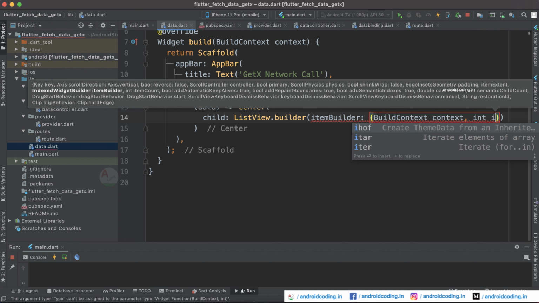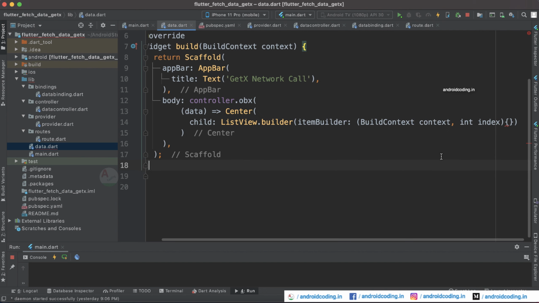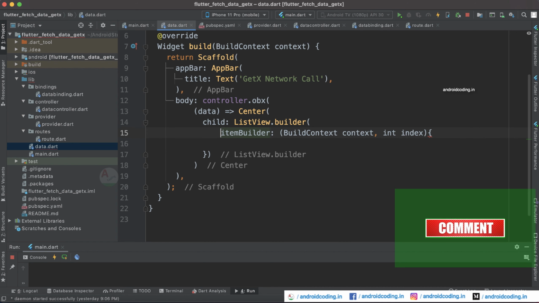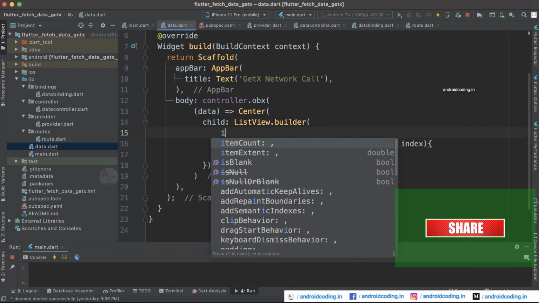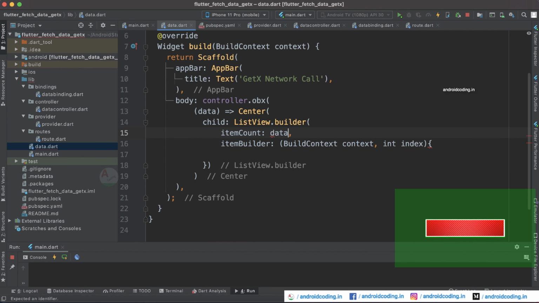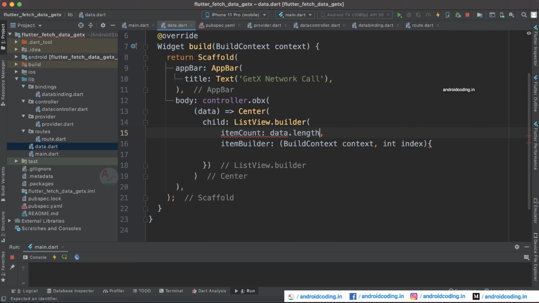You can specify it as index, or just i, but to make it easier to understand I am specifying index. You also need to specify item count, and with the help of the data you specify the length, so that the length of the list is determined.